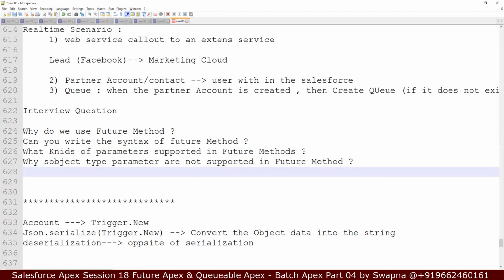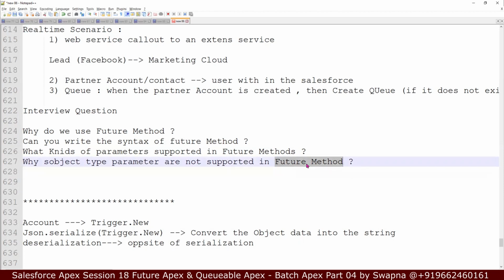Whatever you have passed, let's assume that you are running a class. You started executing that class at 1:30. Now the future method is executed at 1:35 or 1:40, because at that time it saw that resources are free. Between 1:30 and 1:40, it is possible that some changes might happen on the sObject. For those latest changes, the future method is not aware,